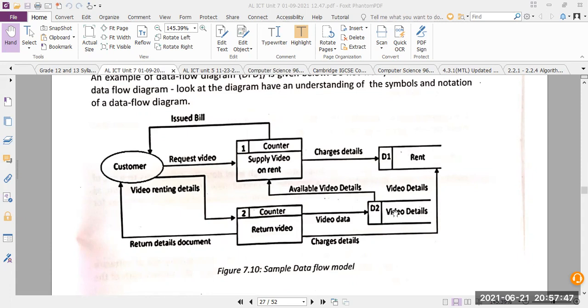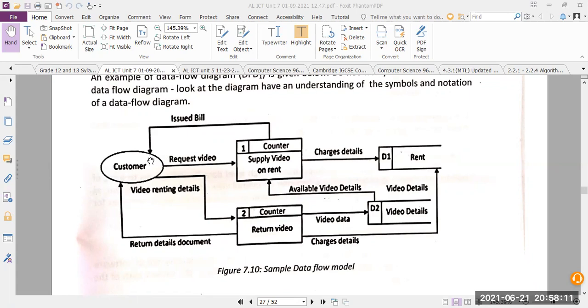So what can this be? This is a place where they are going to store the details. So from the storage they are going to check and then tell him, right? So D1 and D2 are storage places.